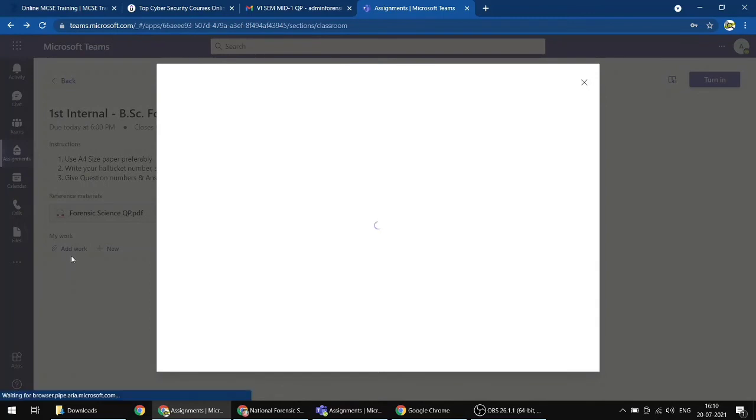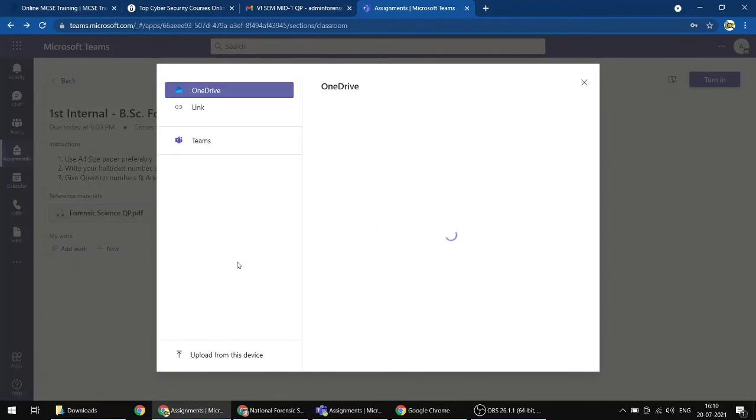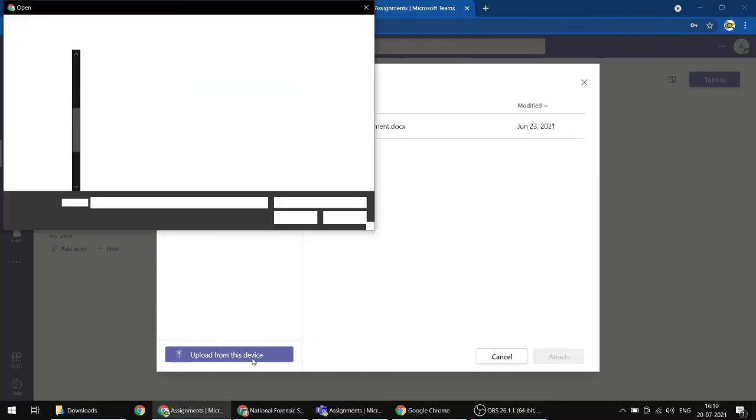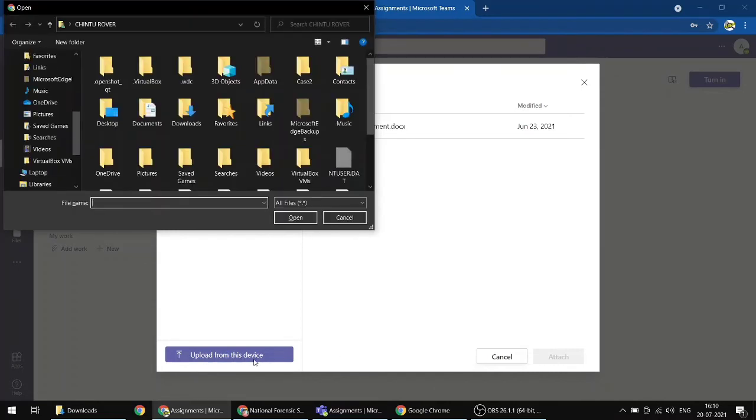Clicking on Add work, they will be able to upload their answers. So let's assume in my device I have the answer sheet PDF file. I click on upload from this device so that I get all the files which are there on my system.